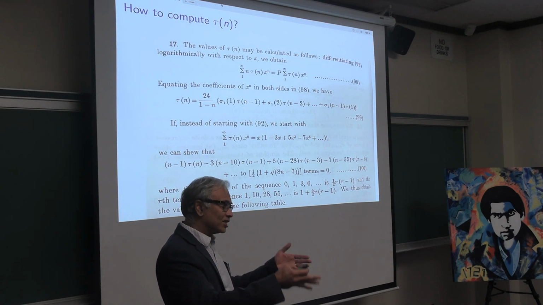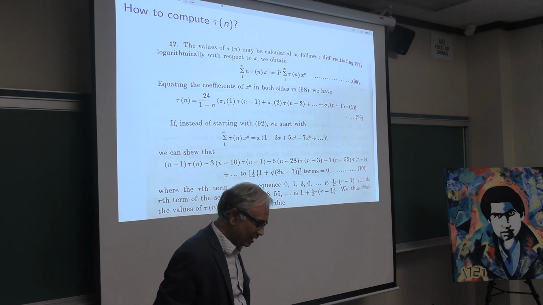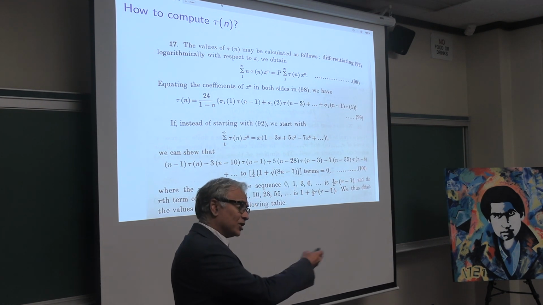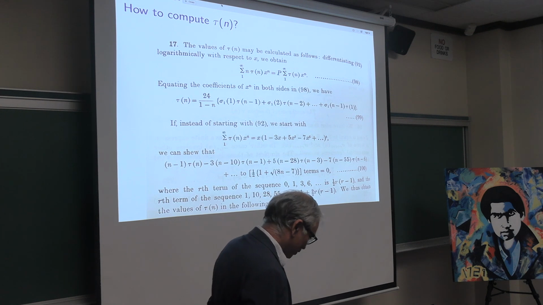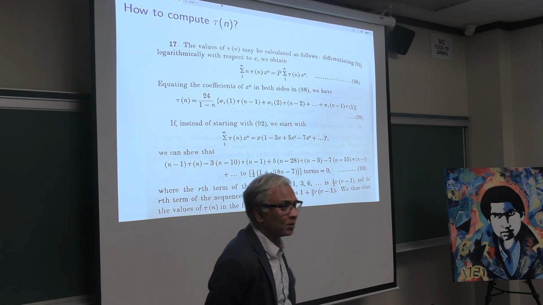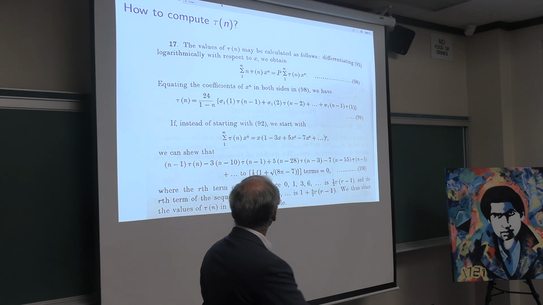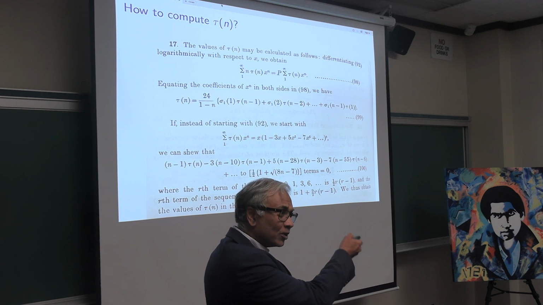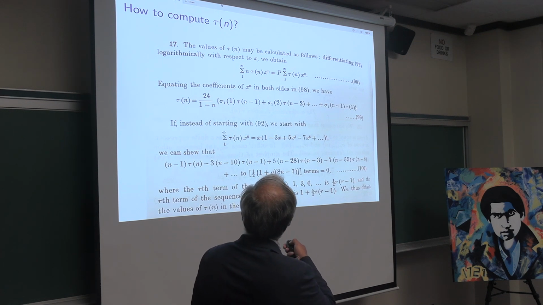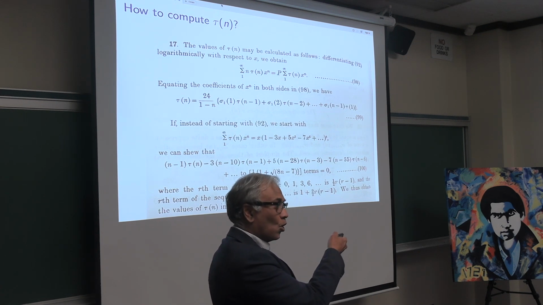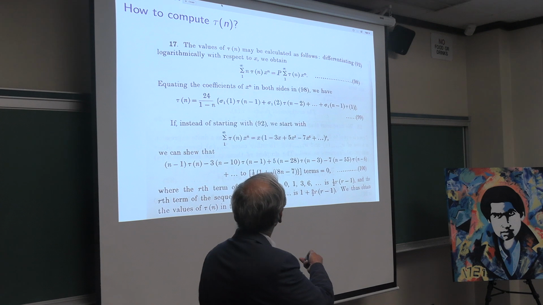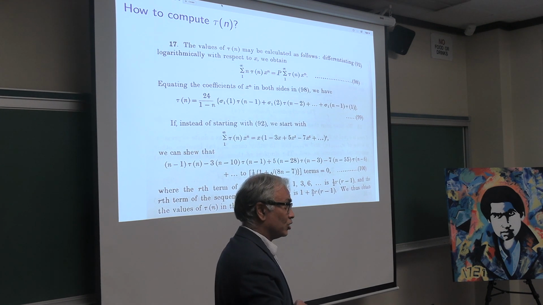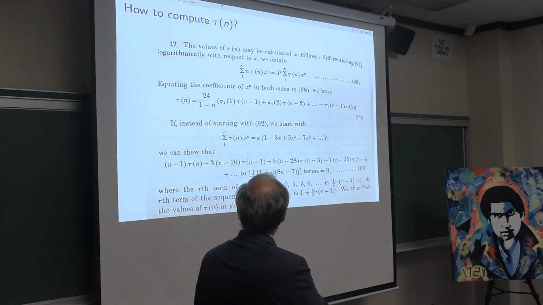And I tried to do it by just expanding the exponential out. And my program took some time to execute. But I had a bright grad student at the time, Rodrigo, who was very good at coding, and he wrote a much better program. And the program he wrote would be essentially what Ramanujan does. So you don't try to compute by expanding out the exponential. You differentiate the exponential, so you know f prime over f. That tells you what this expression p is. And then you use that recurrence to compute the coefficients. So that's what he's doing here.